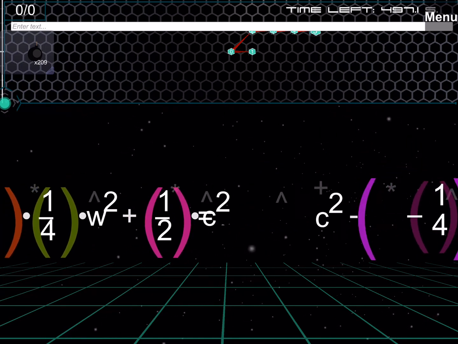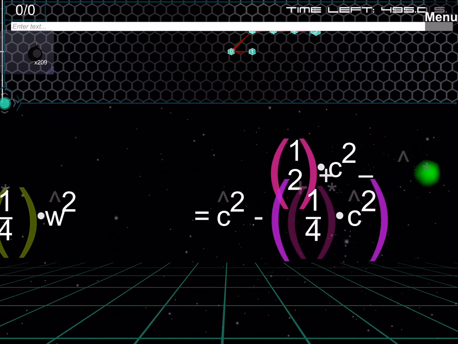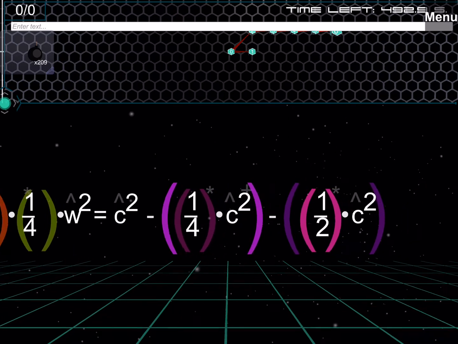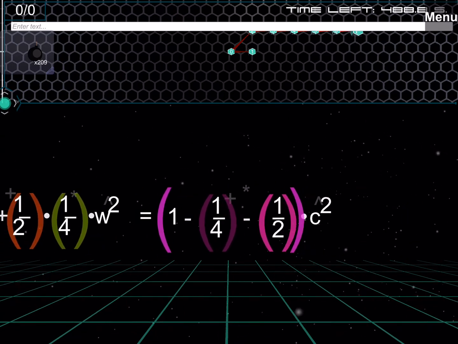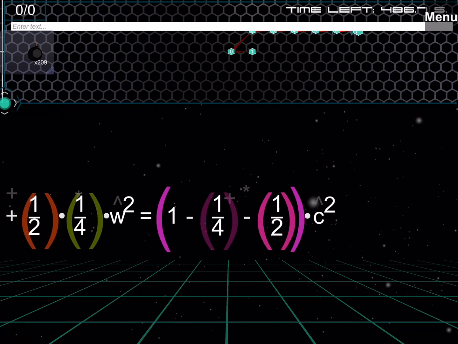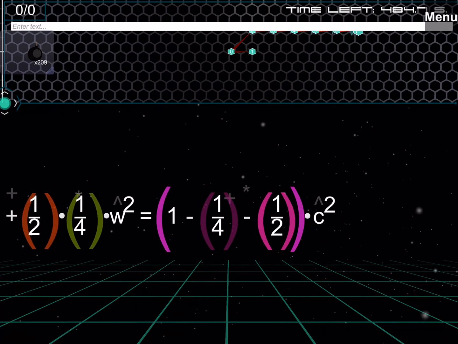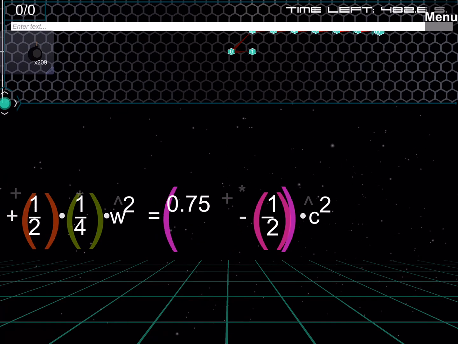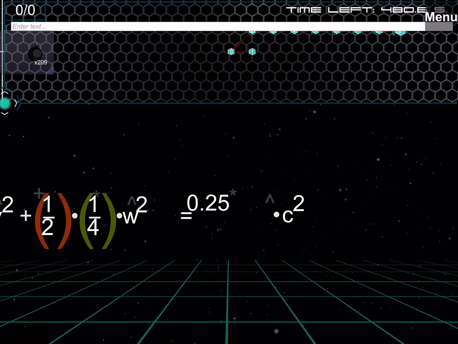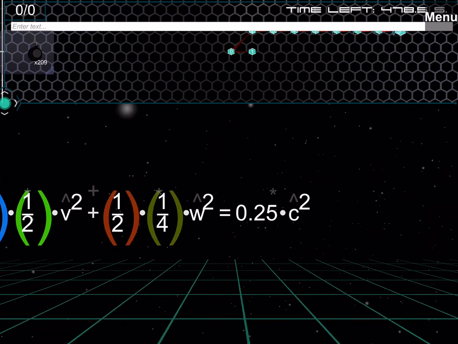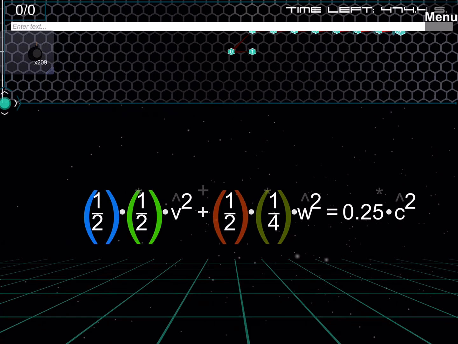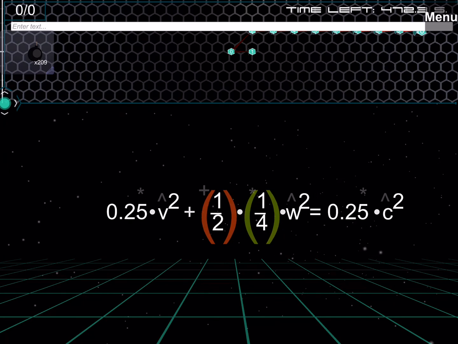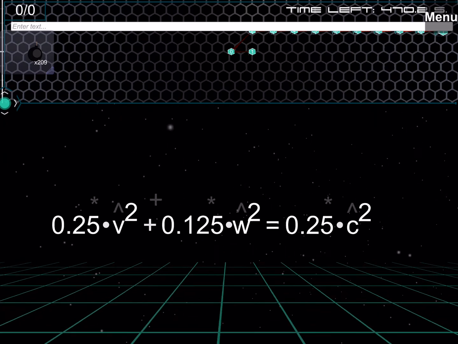So let me move all of them to the other side of the equation, and we factor them out. Good. Now we can do the calculation. Okay, 1 minus 1/4 is 3/4, minus 1/2 is 1/4. Okay, now let's look at the other side. I can calculate these numbers, so to get rid of them,